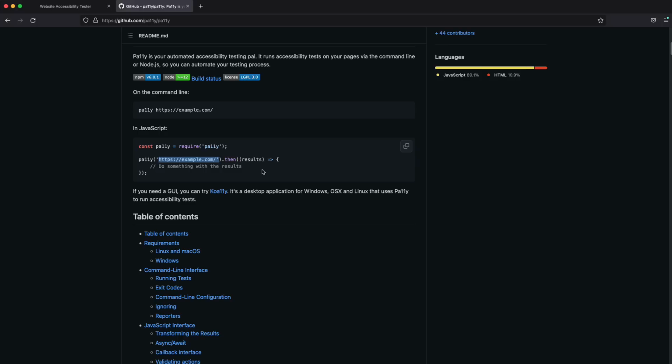So things like if you forgot to put an alt tag on an image, or if you forgot the for attribute on a label. Anything that has to do with accessibility, it returns all the errors or issues. So what I want to do is use Pa11y along with Node.js to create a simple API, a simple backend that we can hit to get the results for any website we want, and then create a front end to